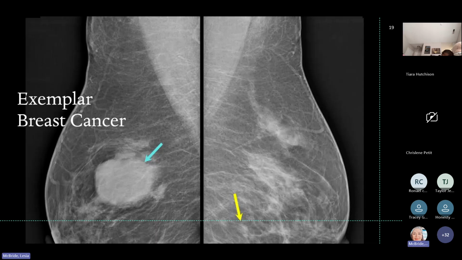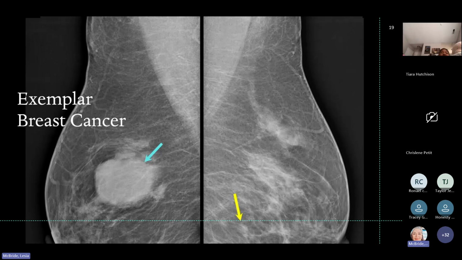So here's an example of breast cancer. As you can see, that's a tumor that's inside the breast tissue itself. This is found on mammogram. It shows, again, what are the risk factors for breast cancer? Of course, it's gender. Women have a higher incidence of breast cancer than men do, but men do also get breast cancer. The older you are, the more likely you will get cancer. Because 1 in 4 after age 70 will develop breast cancer.